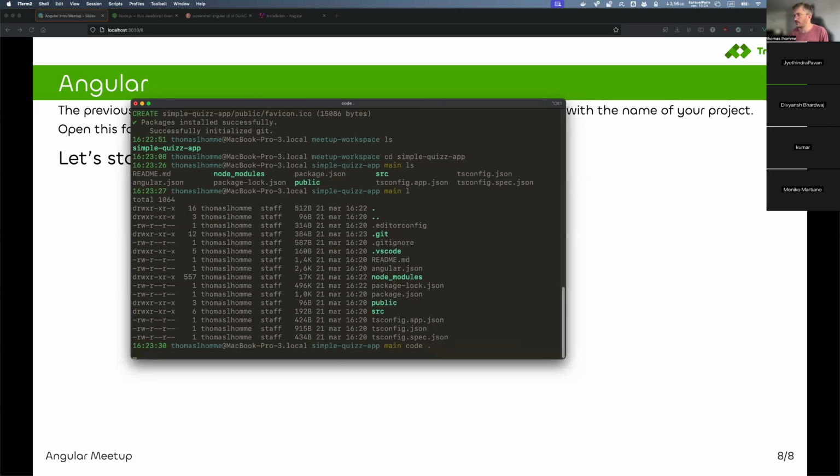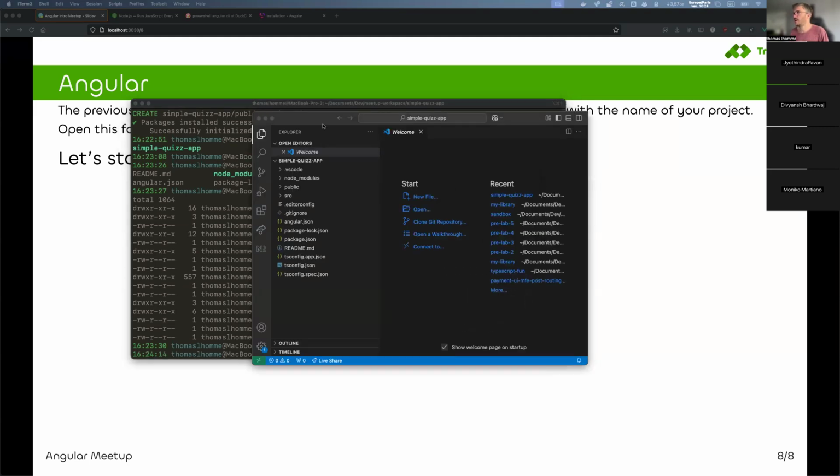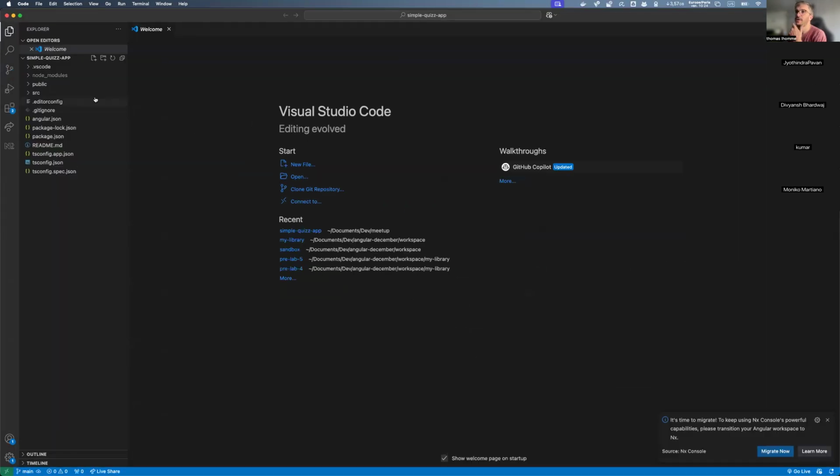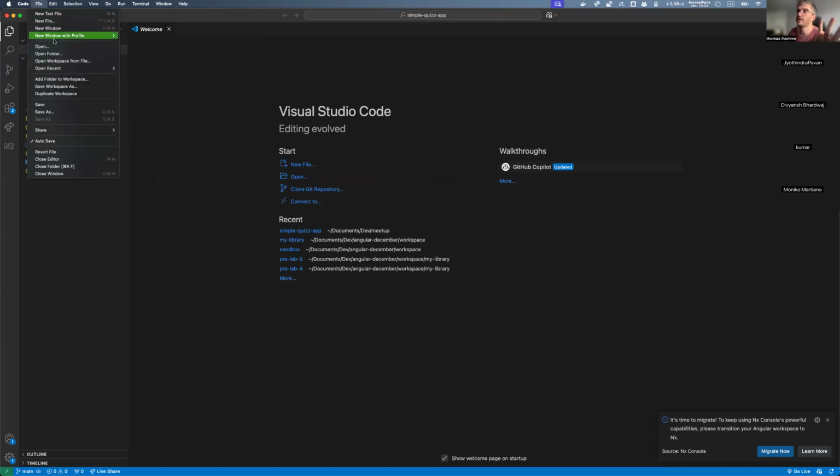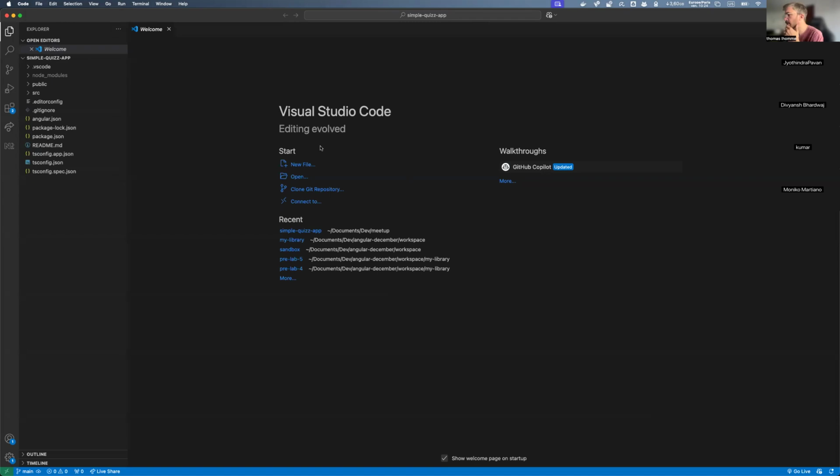So if I do code dot here and press enter, okay, we have VS Code running here, and we can see that I have all my files here, right? So that's an option. You can also open VS Code, do File, Open Folder, and open the folder that just has been created. So it's really up to you. There is no difference as soon as your folder is open here, right?